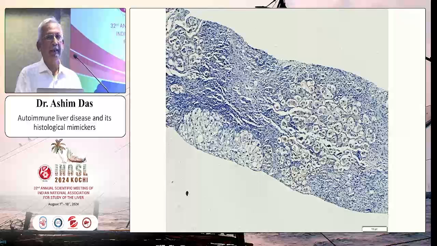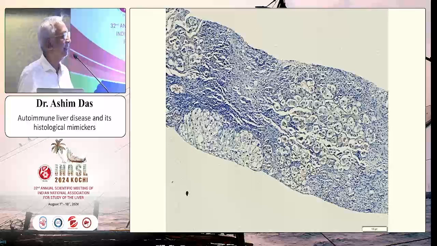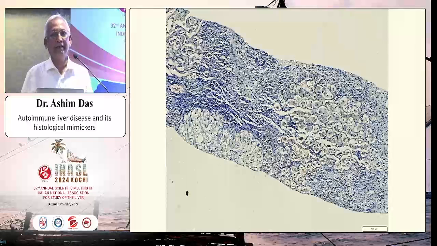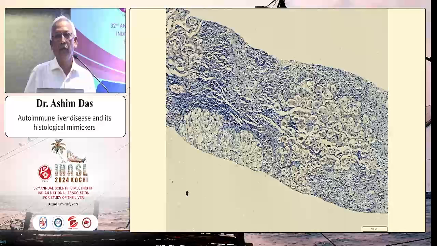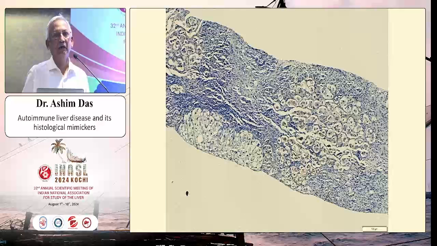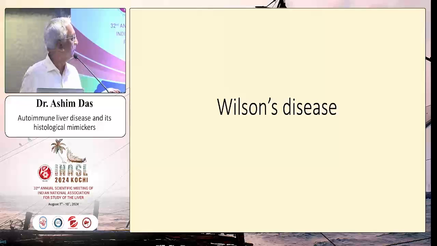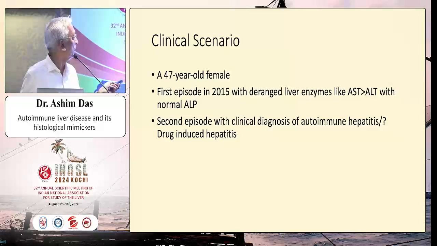So this type of phenomenon can be mistaken as autoimmune hepatitis, but that's why the role of special stains is mandatory in the interpretation of liver biopsy. So this is essentially Wilson's disease, almost at the cirrhotic stage, at 6 years of age. Now this is an example of Wilson's disease. Now I'll come to some other